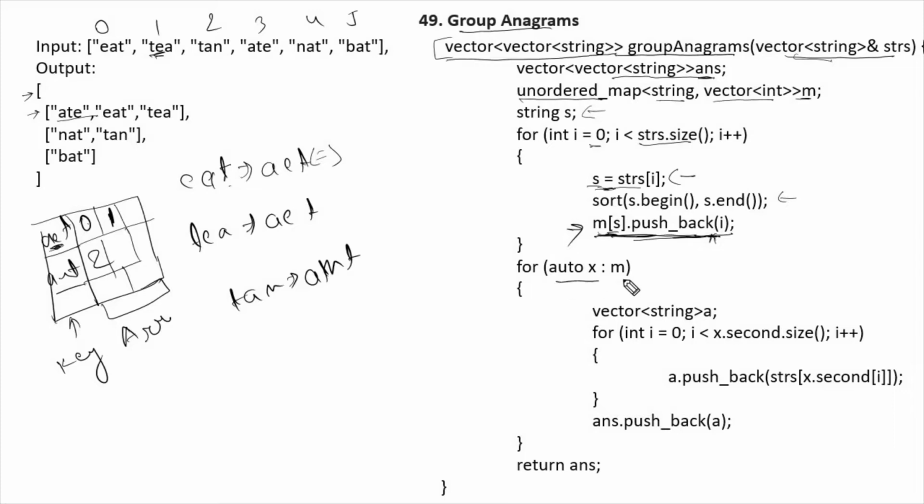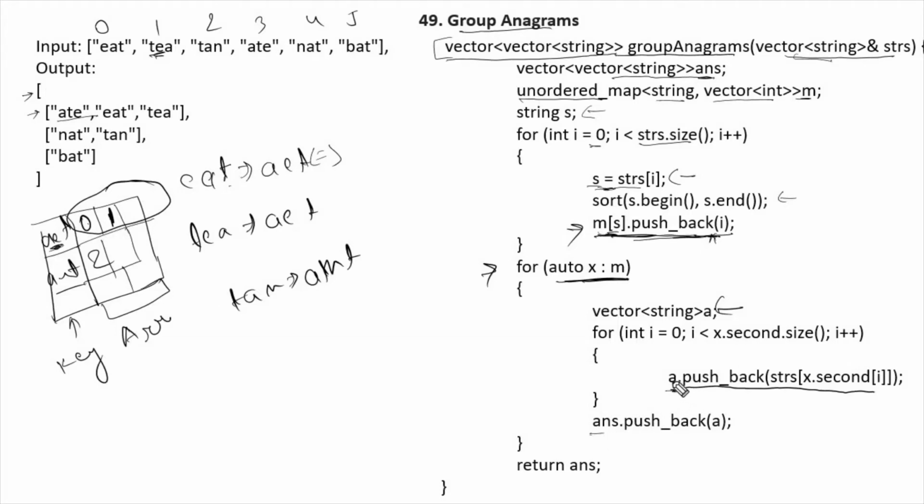After doing this, just iterate through the map and create a vector, which is the vector of all the strings that are anagrams. Like taking all the strings of that particular index and storing them in our answer.